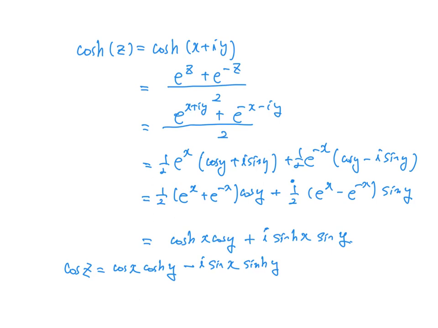So I'm not so sure if we can find the relationship here. Anyway, this cosine hyperbolic z is a bit different compared. So I can ask you as homework to derive